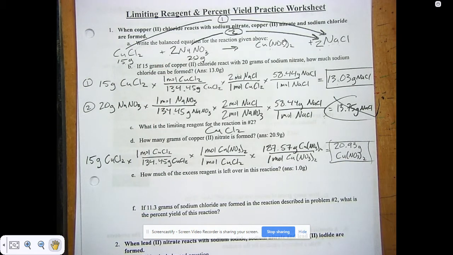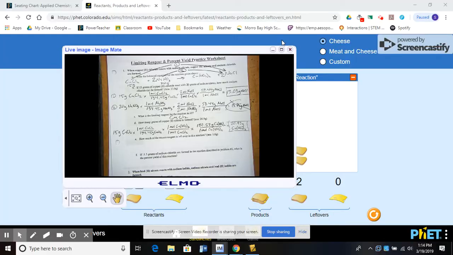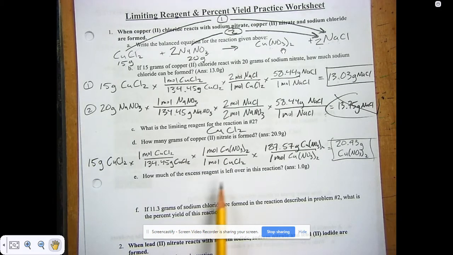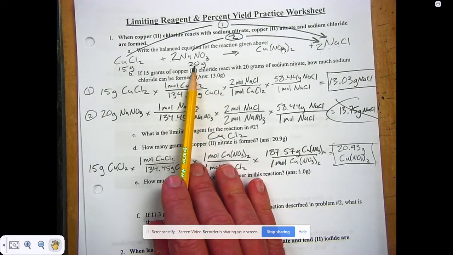Okay, next it asks how much of the excess reagent is going to be left over in this reaction. So excess reagent means leftover ingredient. So 20 grams of this sodium nitrate